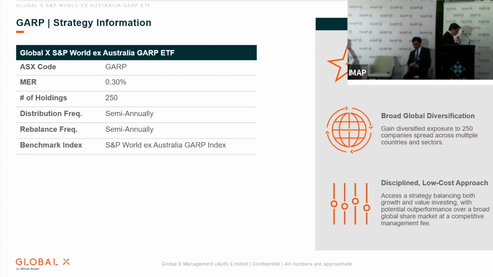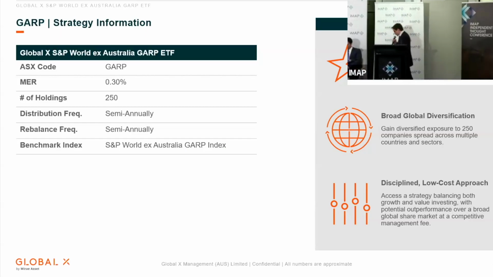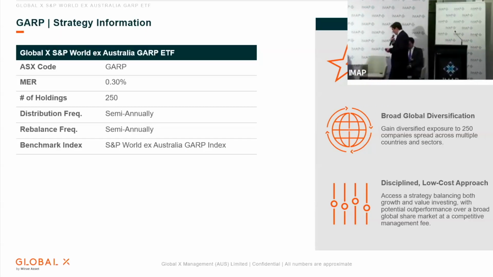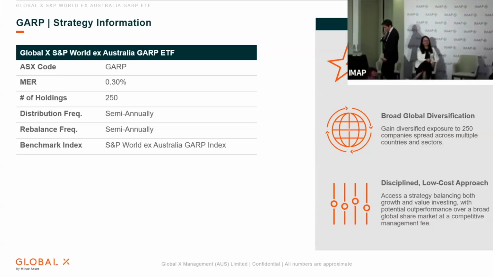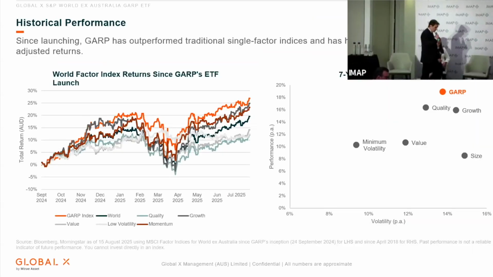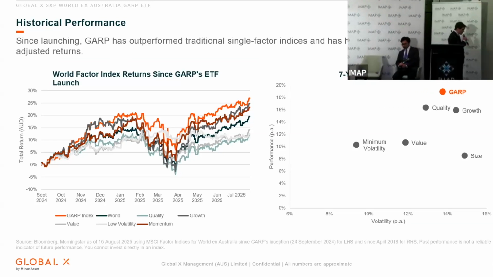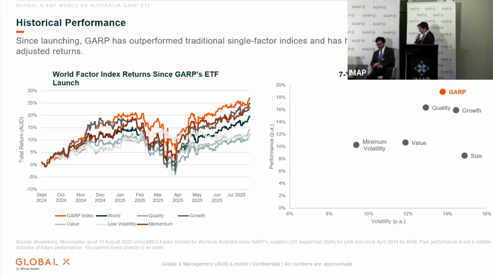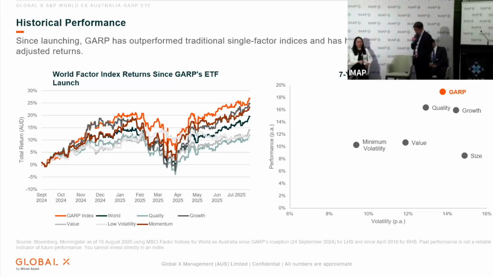So what we're doing is we're going to the growth stocks, we're selecting among them those that have comparatively more favorable PE ratios, and also those that have quality factors in terms of the least financial leverage, as well as the highest return on equity in terms of capital efficiency. So we started running this strategy on the basis of an S&P index, which Jason touched on, in September 2024. And since we launched it, it's outperformed the single factors across the board: momentum, company size factor, value factor, quality factor. In over a 7-year period, it's done the same.